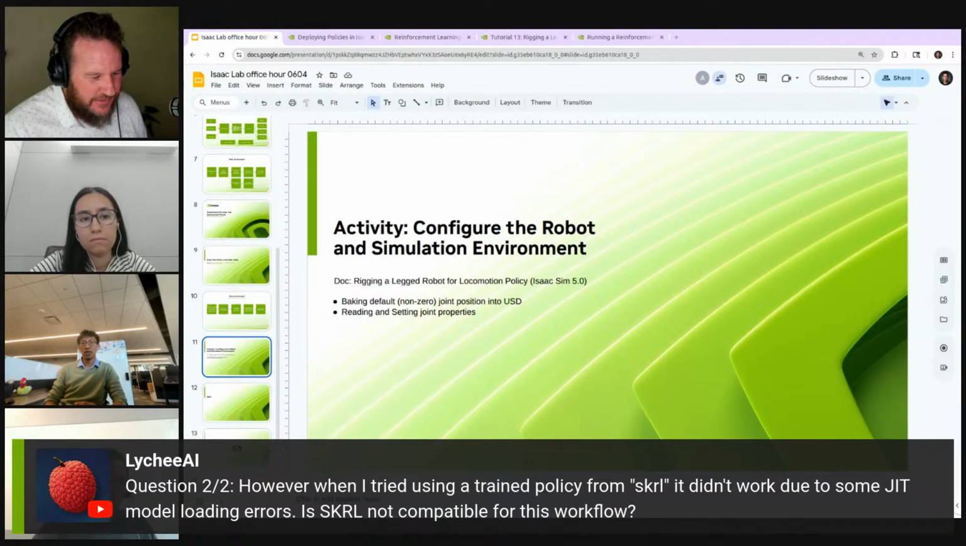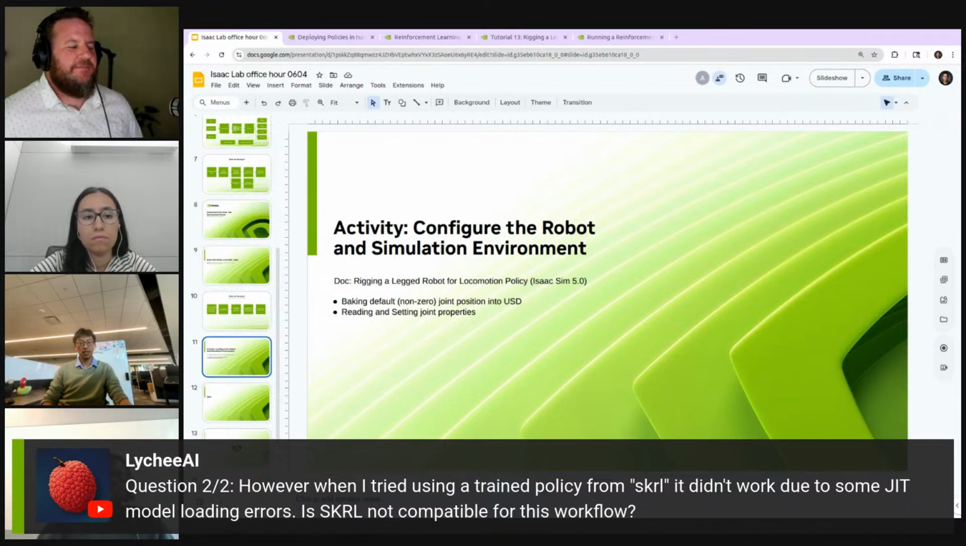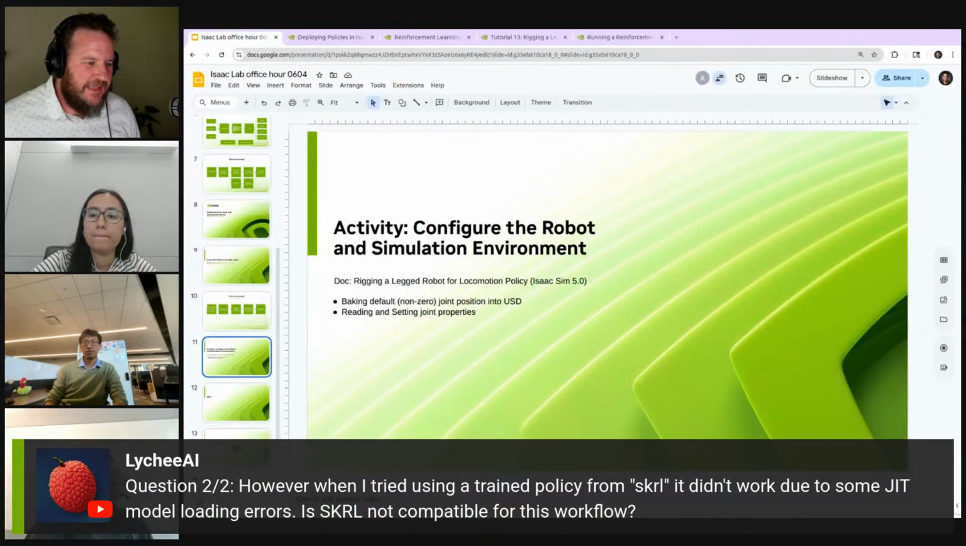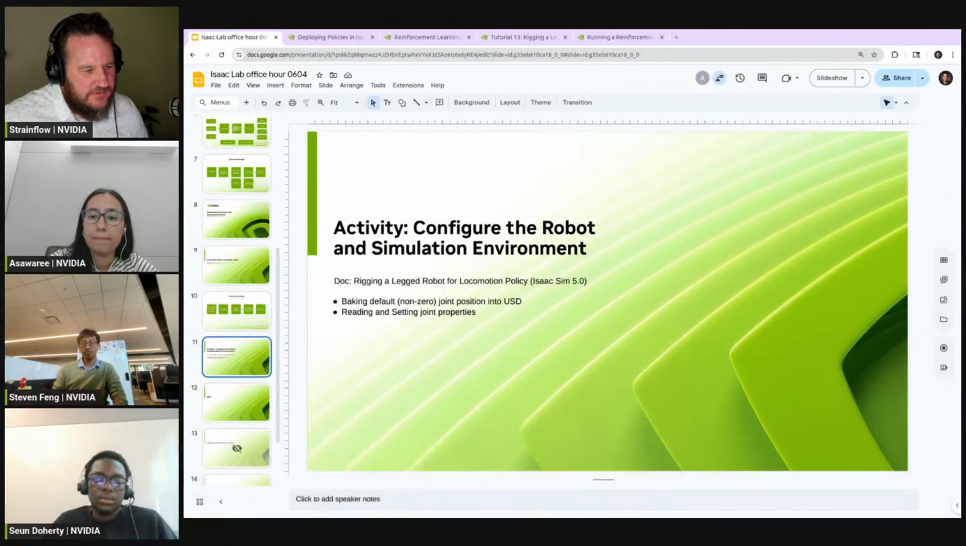Is that what you would recommend? Yes. So the recommendation is to use RSL-RL for the workflow for now, and in the future we're just going to try to add support to the other frameworks in Isaac Lab as well. But yeah, and that makes sense because